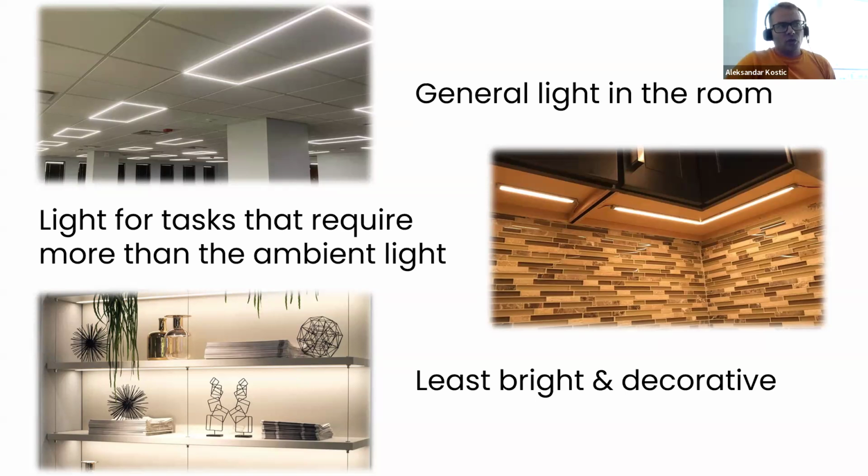It is used for task lighting, to provide more brightness and clearer light for working areas, and it is also part of the interior design, used as decorative lighting under the shelves, pointing out certain pieces of art, etc. So generally, we have three types of lighting: general ambient, task lighting for working areas, and accent lighting